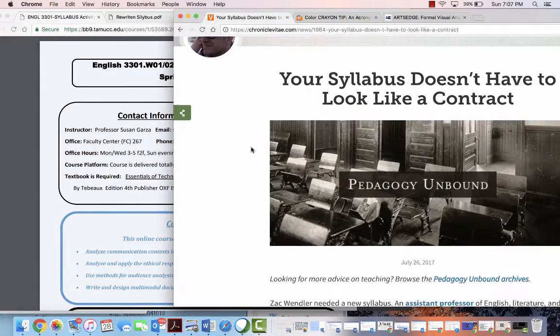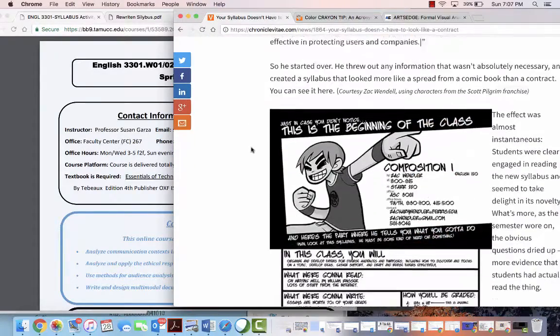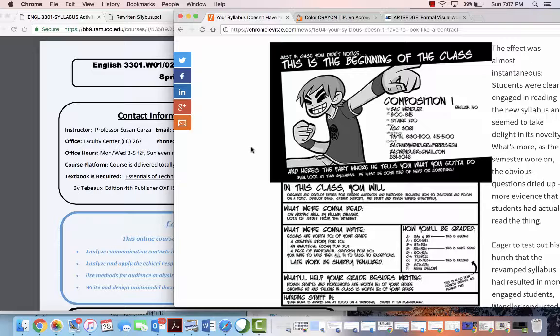Your syllabus doesn't have to look like a contract, and here's one example of what a teacher did to rewrite the syllabus. And so I asked y'all to look at what I do with my syllabus and see if you had any ideas. I'm going to talk a little bit more about things that aren't even necessarily covered in this article. Y'all did a good job in terms of what the activity asked you to do, but I wanted to talk